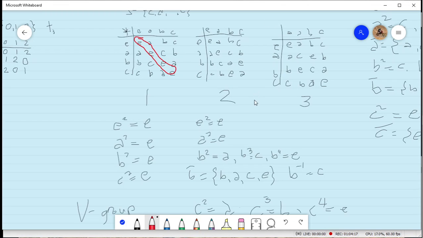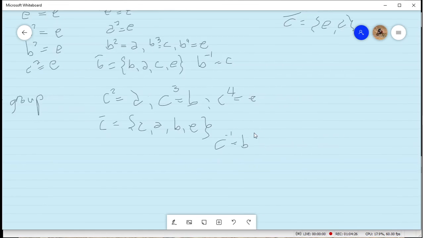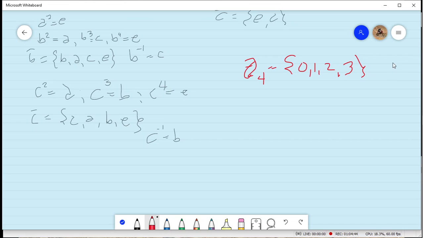Okay, these two actually are isomorphic to the group Z4, that is the set 0, 1, 2, and 3 under addition modulo 4. That is, if we construct that one,